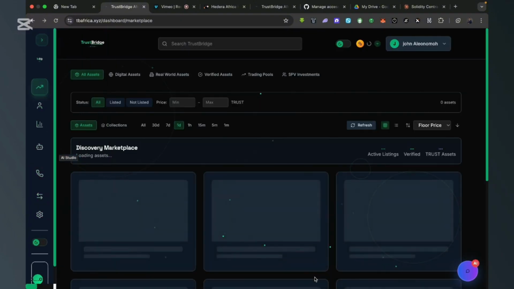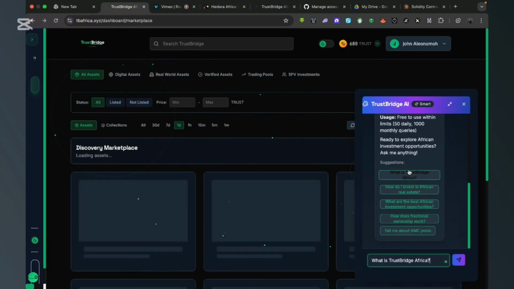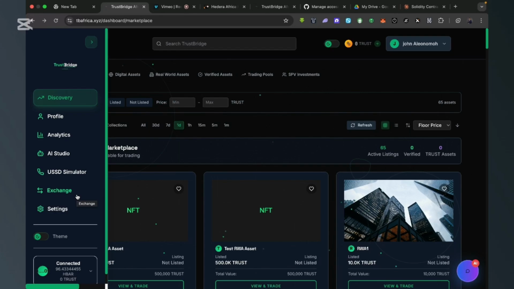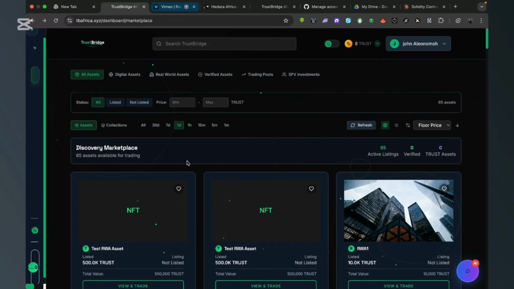Basically, let me just take you guys through this. We have a chat that allows you to discuss and ask some questions about Trustbridge and so many things it is able to do. And after that, we say